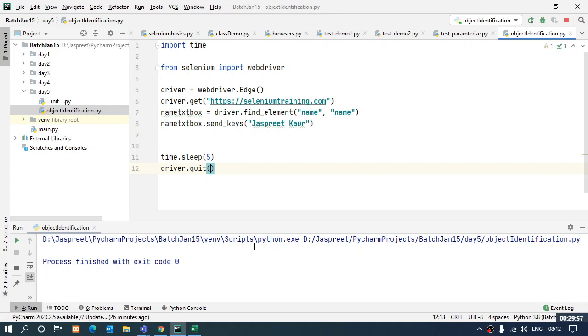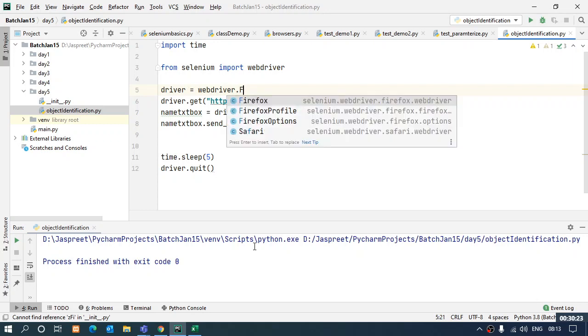It's the command to open up the browser using the Selenium command. You can open up any browser which you want using this command only. You just need to put in the browser name. If you want to open up Chrome, you will get it over here, Chrome. If you want Firefox, then Firefox will come.